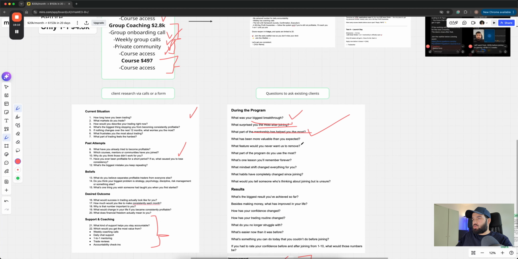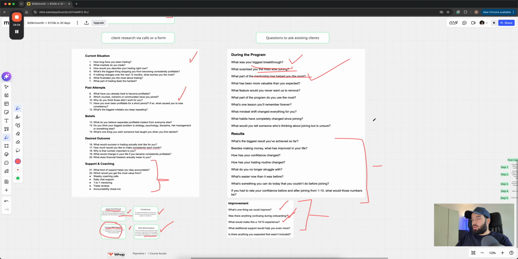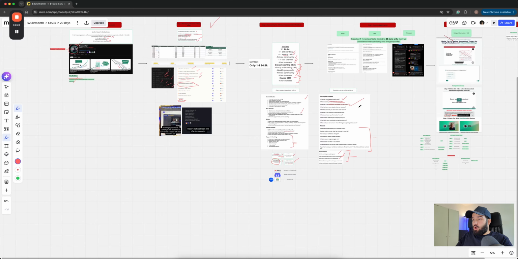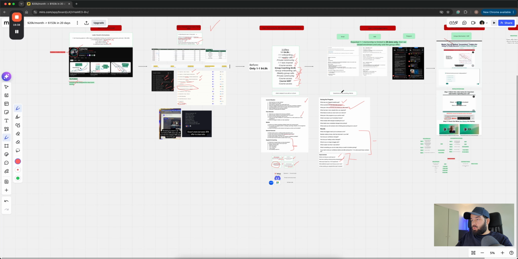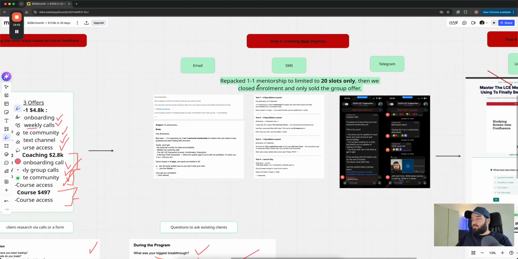And we use that information to constantly refine the offer. And also in terms of the results, we use that to understand why they didn't receive the results. If they didn't, how can we get them closer to receiving the results? Obviously, this is a win-win situation. You help your clients get better results. You get a better offer, a better product, and your clients get better feedback. And this helps you with the marketing. You're able to sell much more because you got better results. So always be refining your offer and always be getting feedback from your clients.